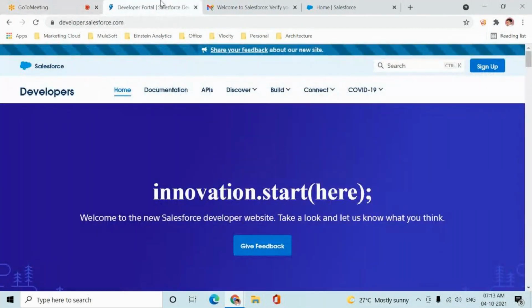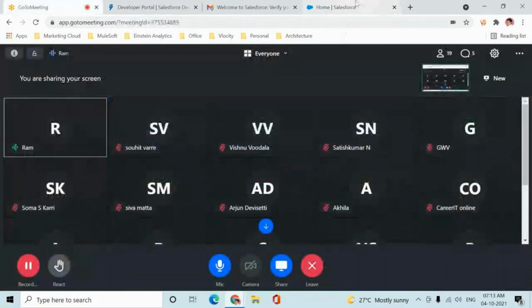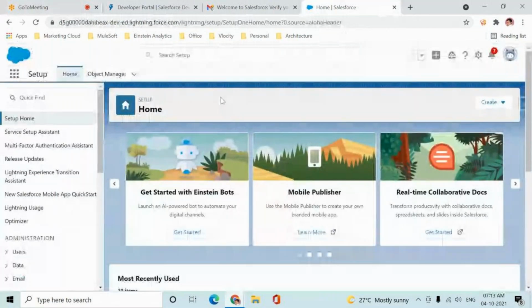Okay. Now, first of all, we'll see what is what in the screen, and then we'll speak about project creation from the next class. Okay. First of all, the moment I log in, as I have created this org, I am the system admin for this org. So in future we'll see how to create users and manage. First of all, we need to see a schema. Right? Now, as I'm a system admin, I'm able to see the setup screen, object manager, all those things. I hope all of you are able to see my screen now.